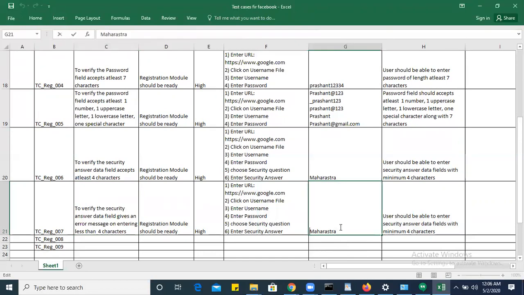For example, if I give Pune, right? So what should he get? He should get the error message.